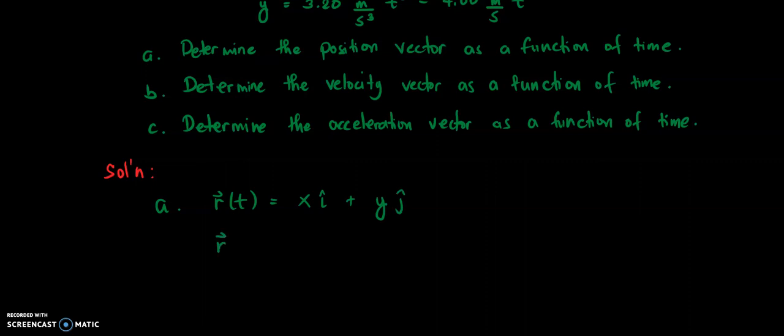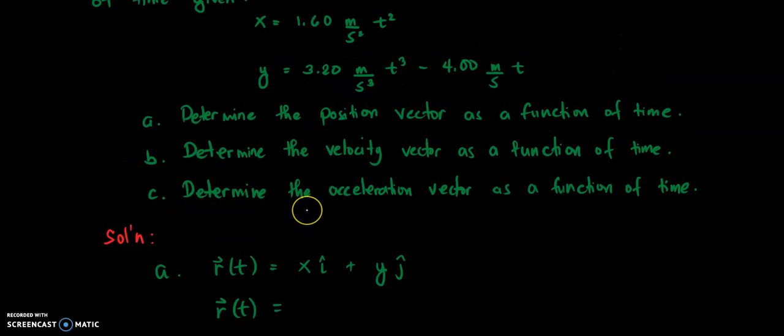So position vector r of t is equal to, given the x coordinate of 1.60 meter per second square t square, this is along i hat,